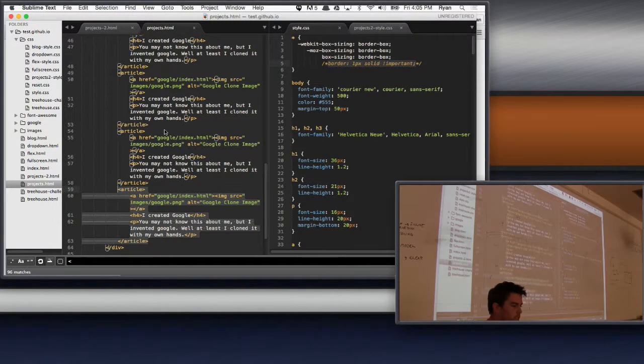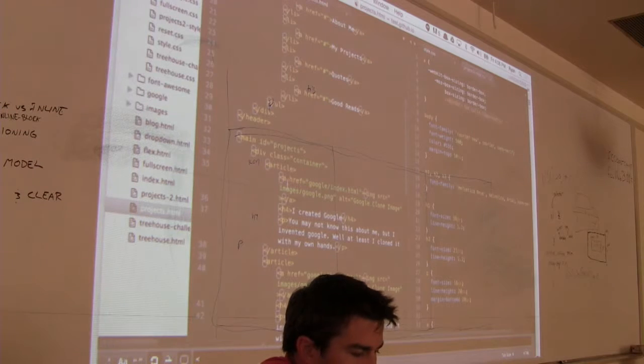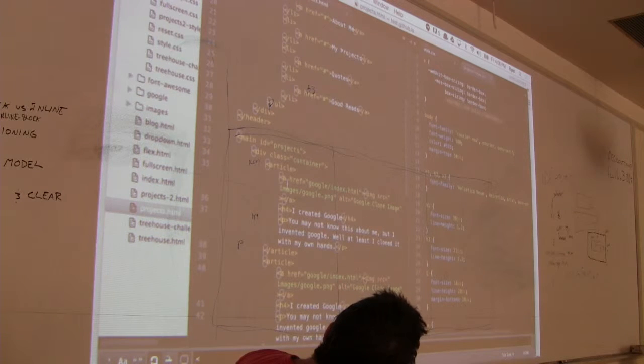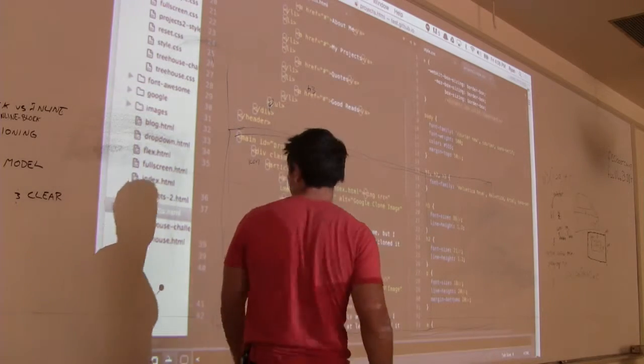So I'm going to work in this projects folder here, and we'll just work on one at a time. Trying to think how to walk through this real quick. So first off, the one thing that I'm thinking about when we first start this